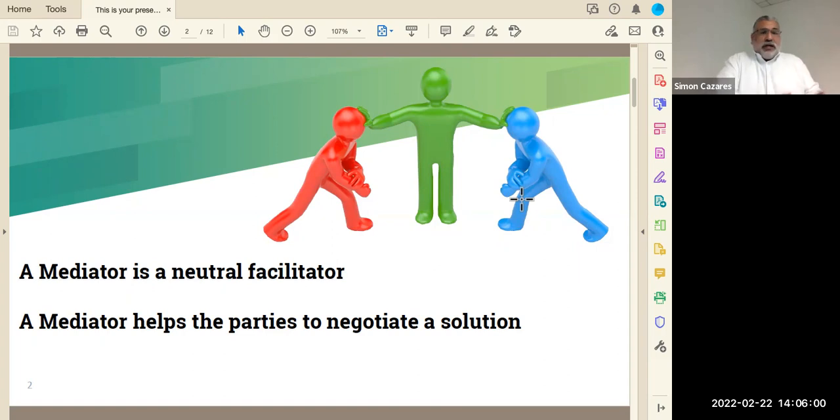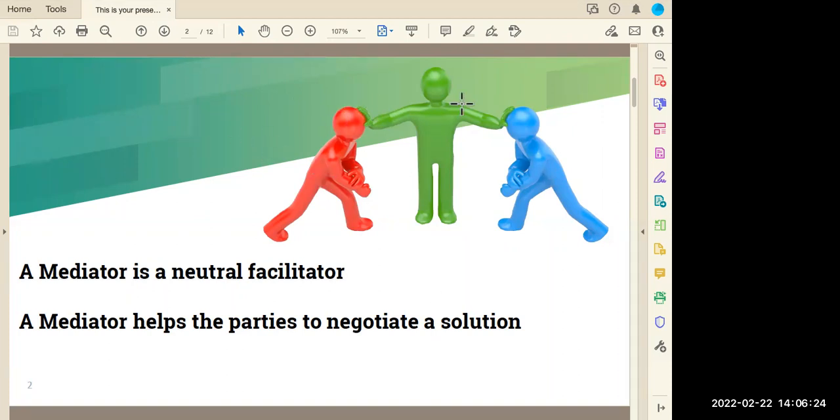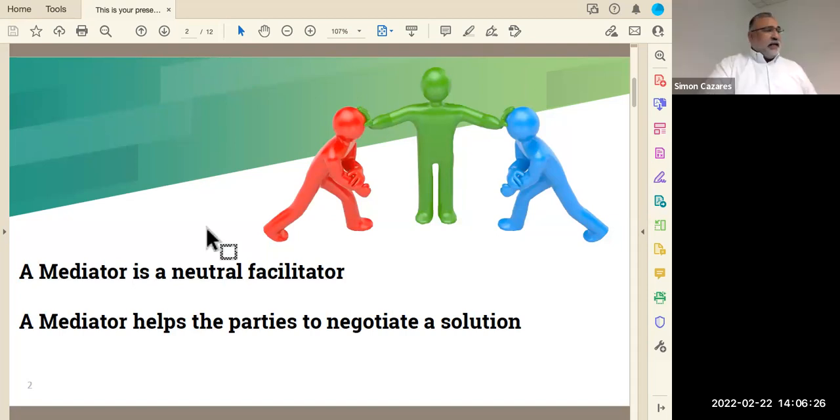Well, that's what we call mediation, okay? Maybe you're not licensed to do so, but we practice mediations all the time as we navigate these transactions. Now, a mediator helps the parties to negotiate a solution. Question? Do we have a question? Okay. So a mediator is a person that can help the parties to come to a resolution, okay? And that resolution